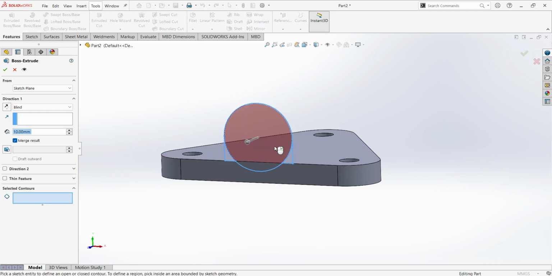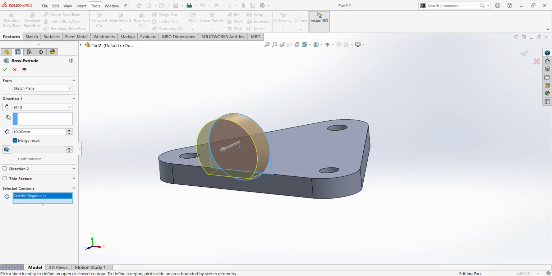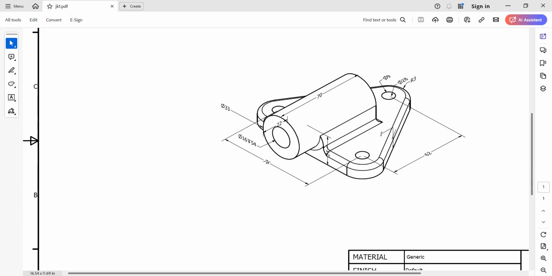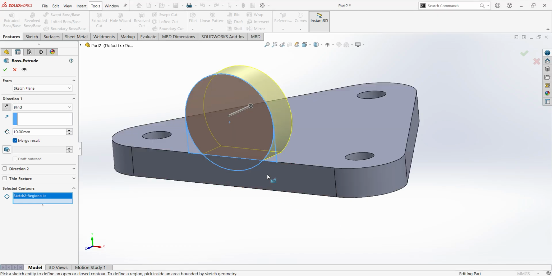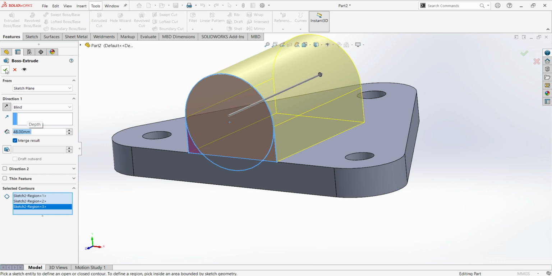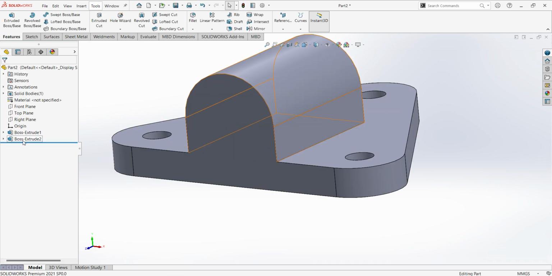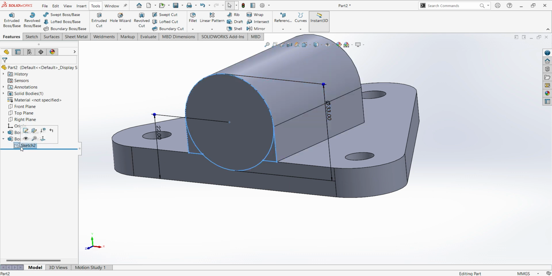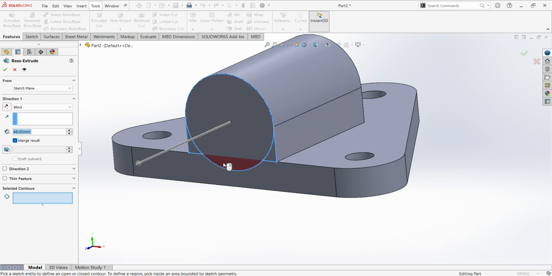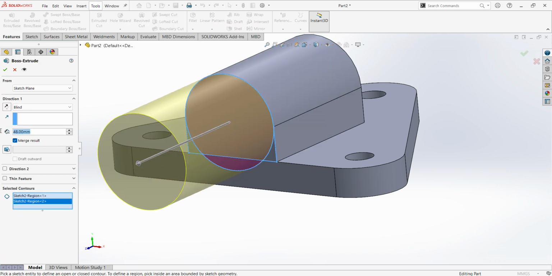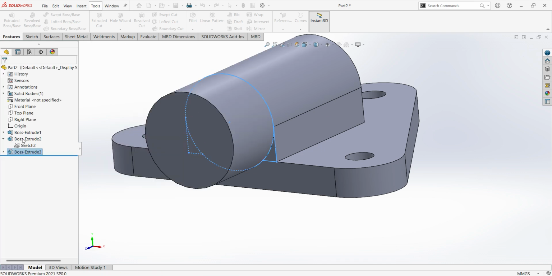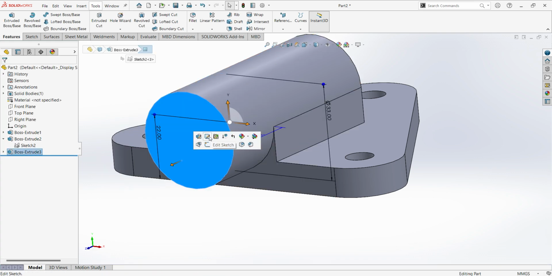Select extrude, reverse the direction, length is 70 minus 22. Select this also, 70 minus 22. Okay, again select same sketch, extrude, select this and this, length is 22 mm. Okay, select this surface, sketch,